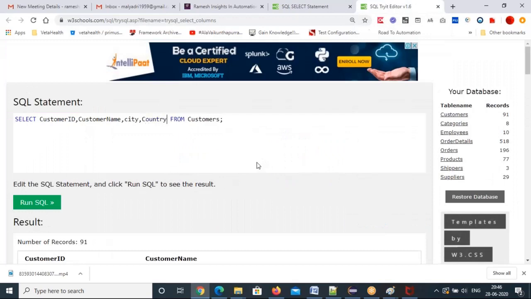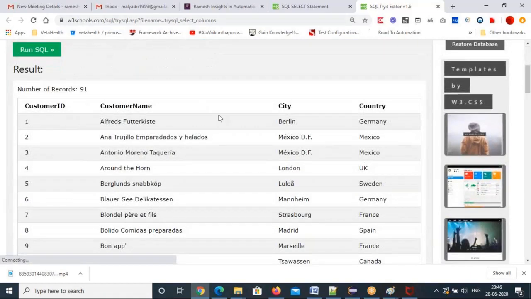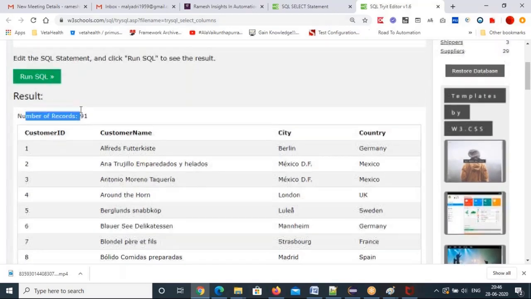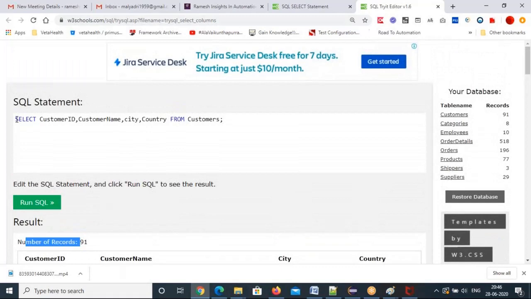See that, all these columns will show in your result. However you want, you can get your data from the table. By writing SQL statements, which we call SQL queries, you get the result data. It is querying based on the statement you have written.